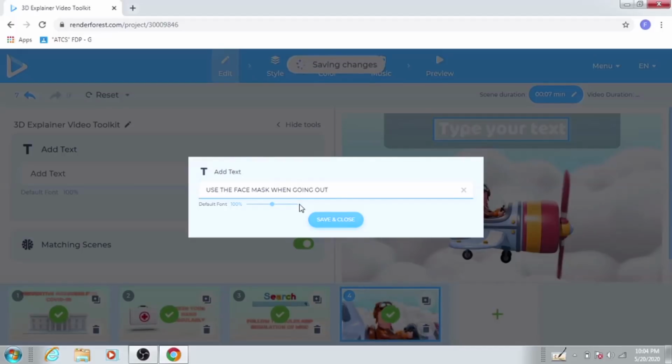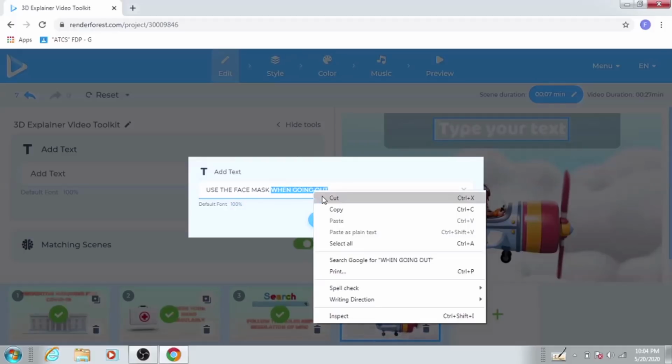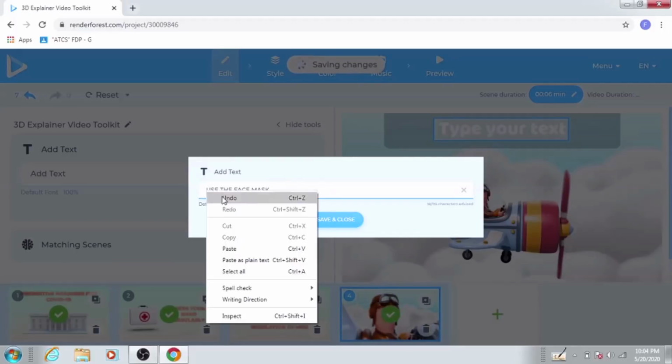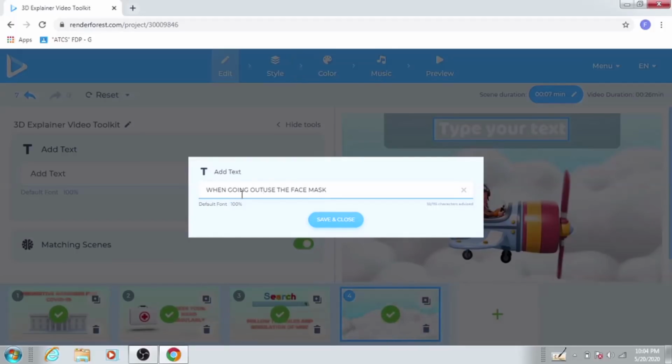When you are going out, use the face mask. Here, when going outside, wear the face mask.